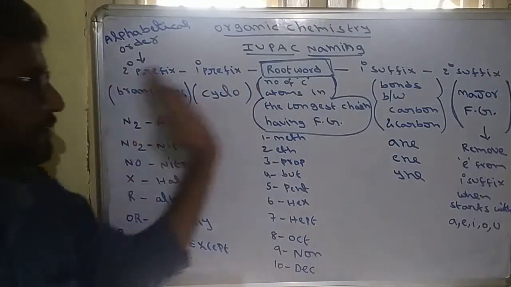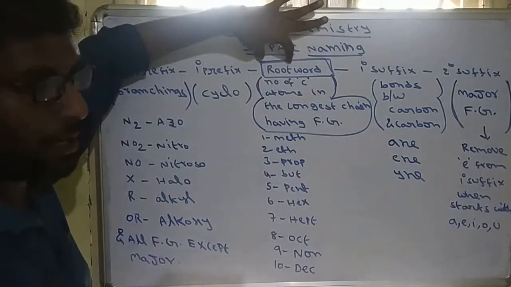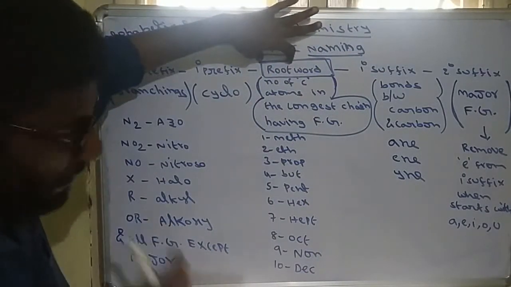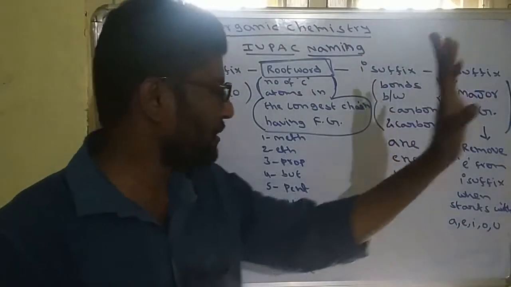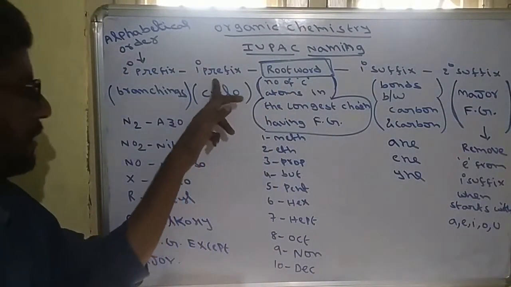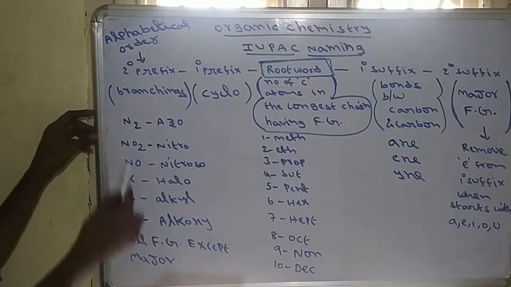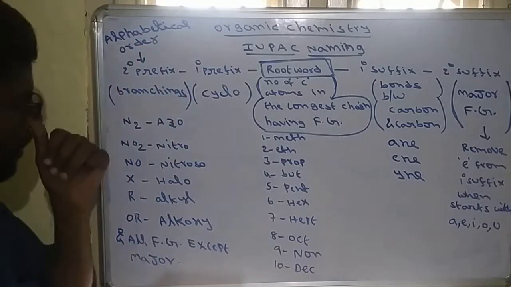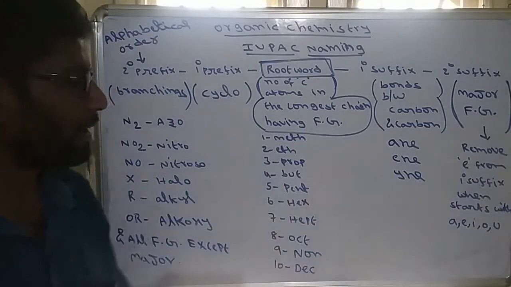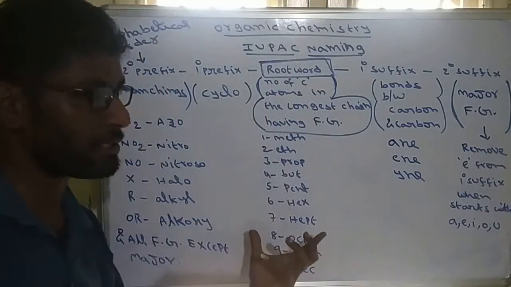So this is the sequence we have to remember. First, remember the root word. After that identify the primary suffix, then the secondary suffix. Before that the primary prefix, and before that the secondary prefix. Whatever branchings are there must always be written in alphabetical order. So you have to remember this sequence, and write this sequence.